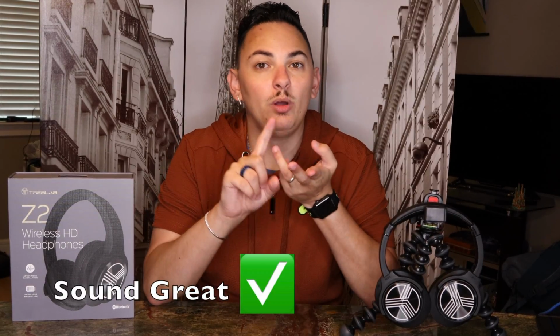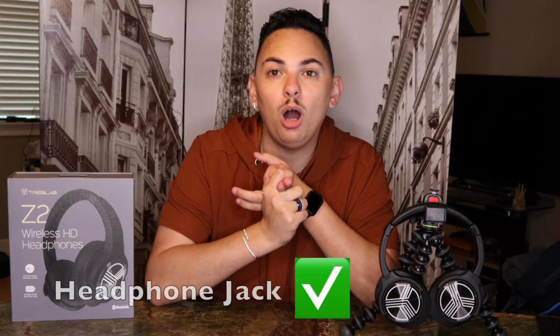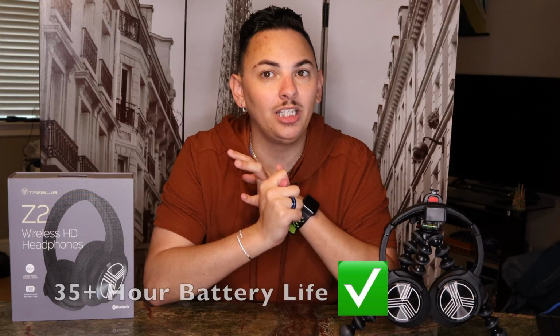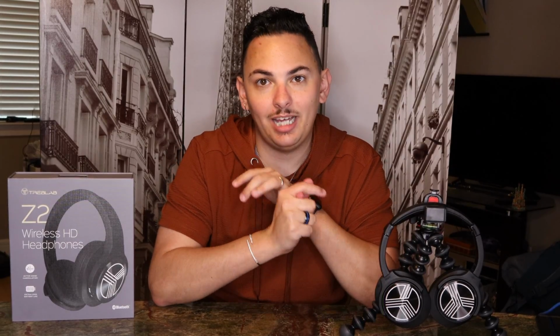If you want a pair of headphones that is going to sound really great, that's going to work with all of your equipment through Bluetooth and wireless, and also have the option for an aux cord, and that has this long of a battery life with the extremely comfortable ear pads, then I would definitely say these are fantastic